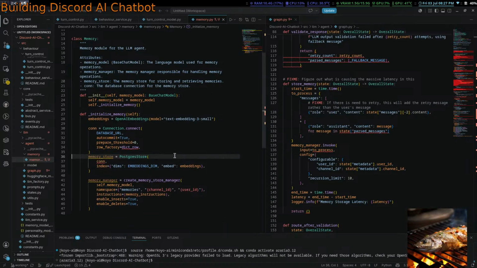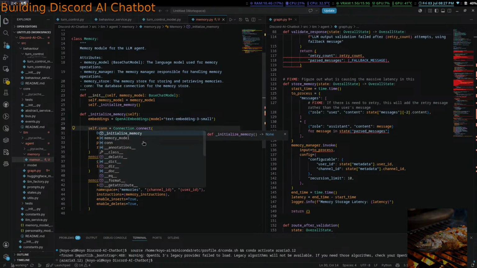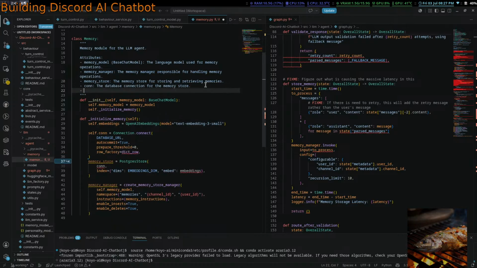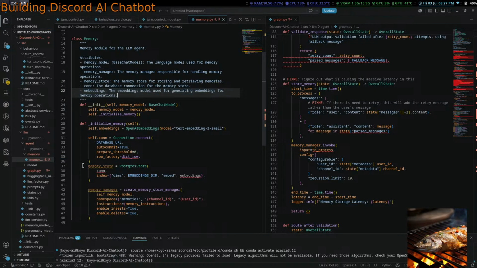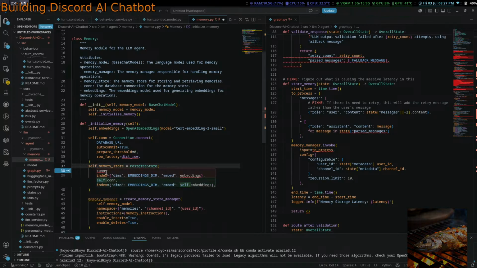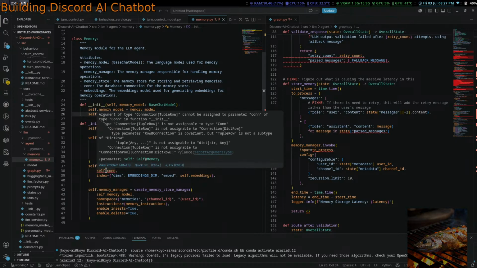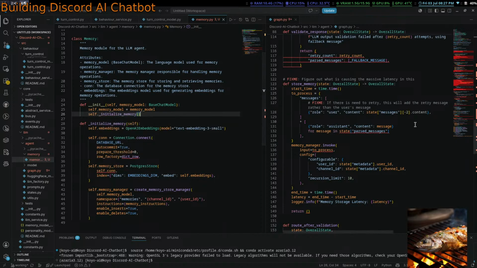Yeah, I don't need memory checkpointer. So, self.embeddings, and embeddings, self. Okie dokie. Everything look good? I think everything is good here.